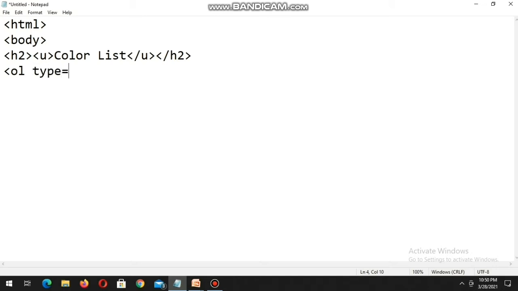OL type equal to capital A and start equal to 1.